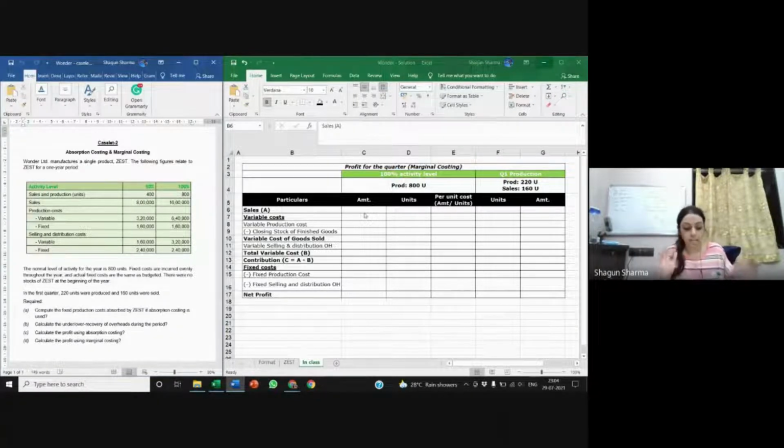Okay. Now with that introduction, let's talk about what the format of marginal costing looks like. It starts with sales. From sales, you remove variable costs first. The amount that you get is your contribution. From your contribution, you remove fixed costs, and then what remains is your profit. Okay. Sales minus VC is C. C minus FC is P.